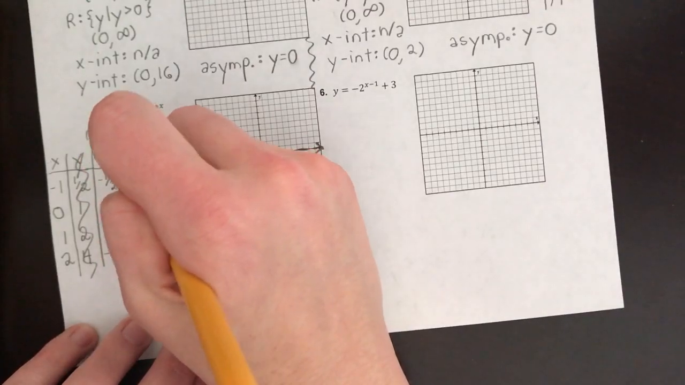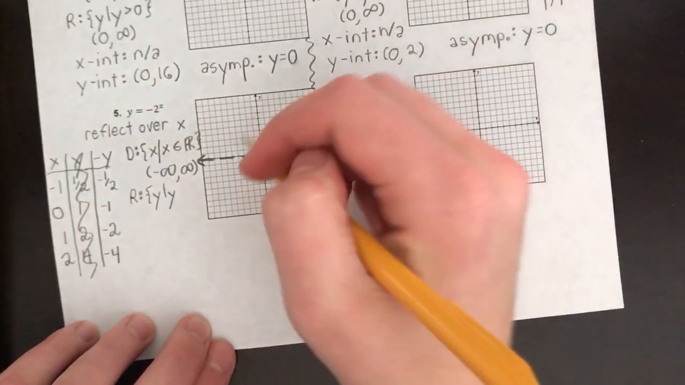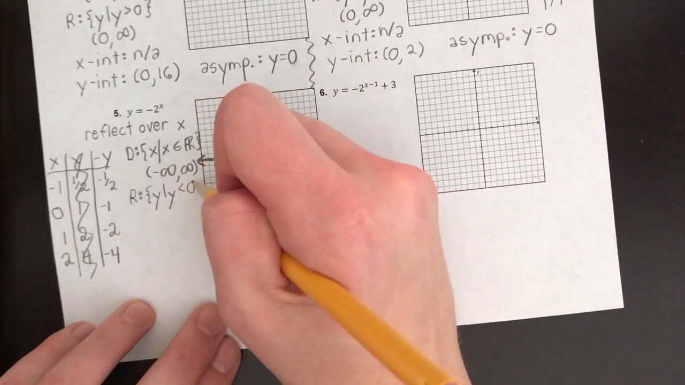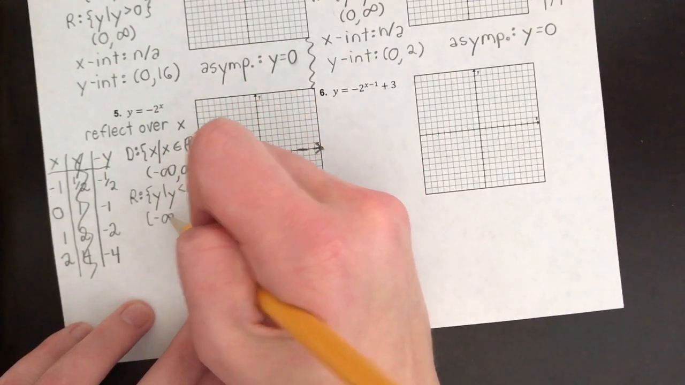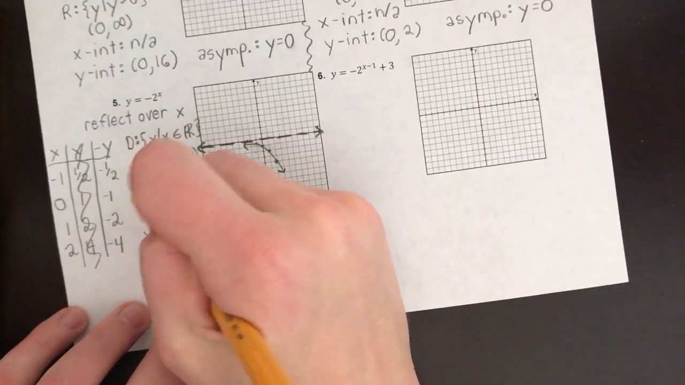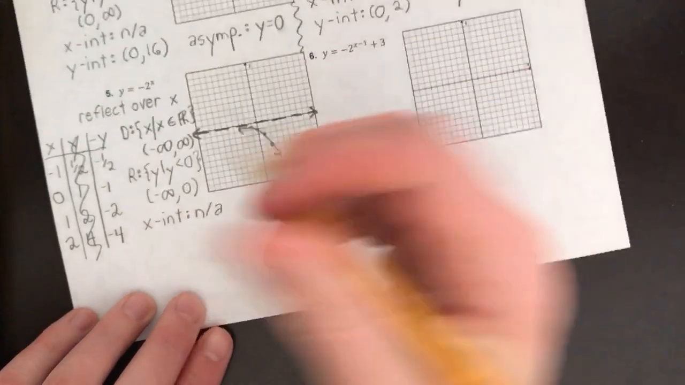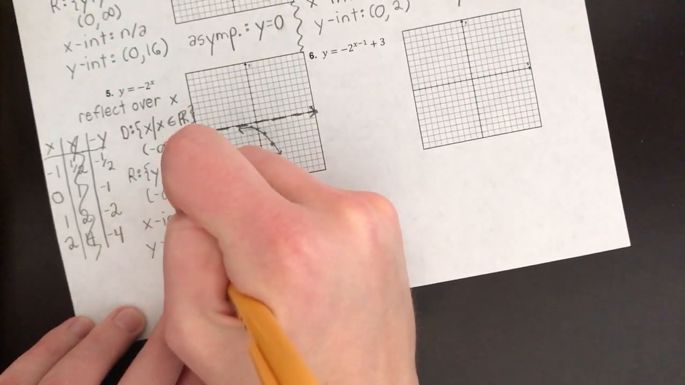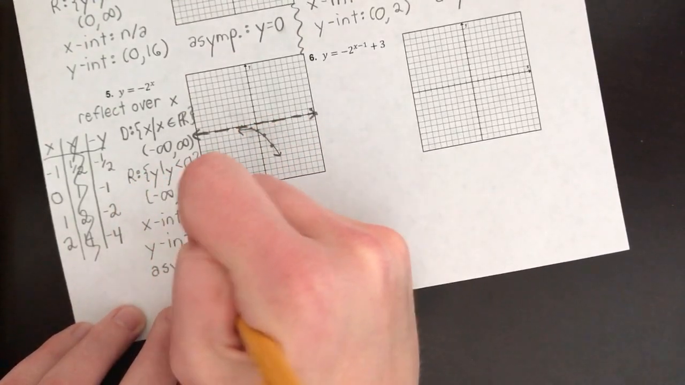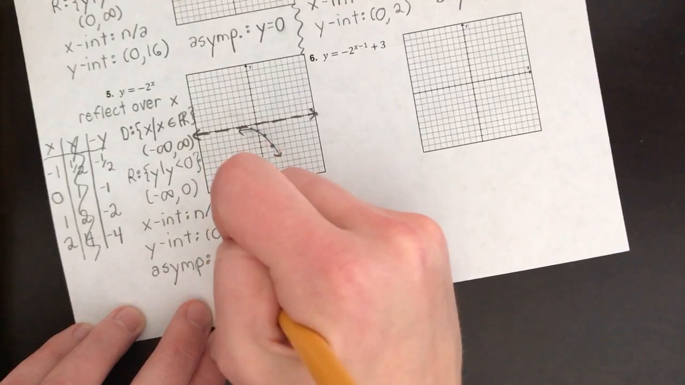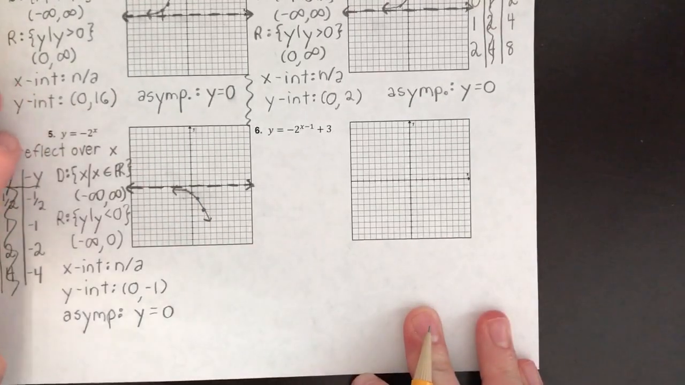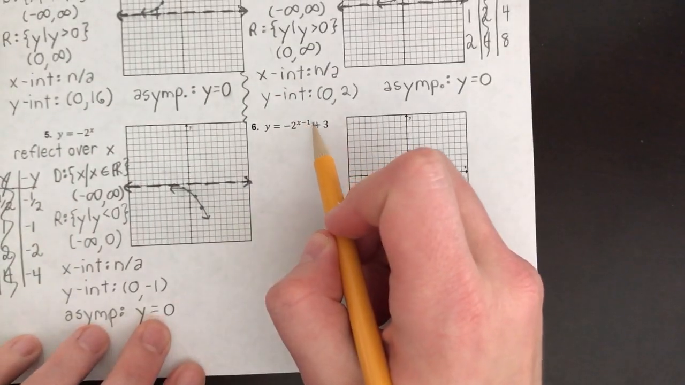My range has changed a little in that I still have this boundary at 0, but the graph, instead of going up, goes down. So y such that y is less than 0, so negative infinity to 0. Okay, my x-intercept is still non-existent because of the asymptote. My y-intercept is now at 0, negative 1, and my asymptote still at y equals 0. Okay, last one, let's combine. All right, so this graph goes right 1, up 3,